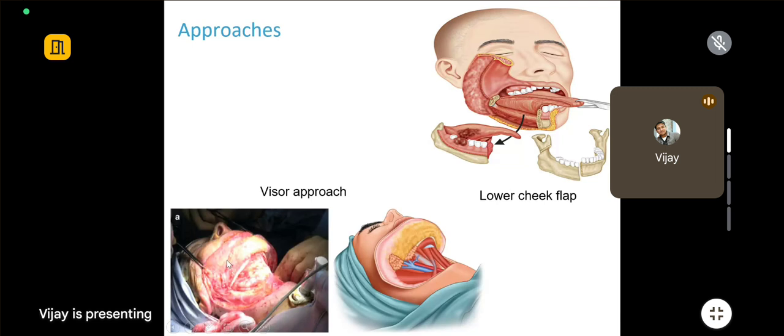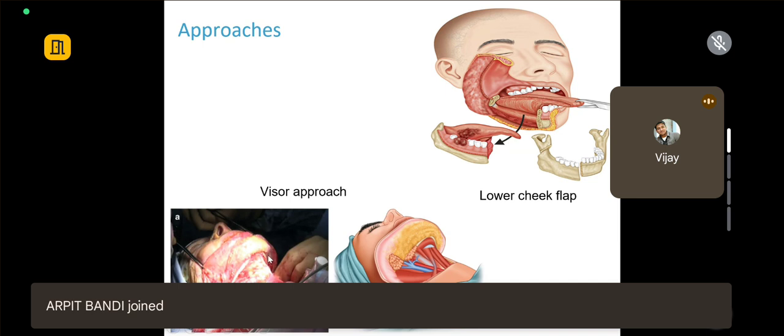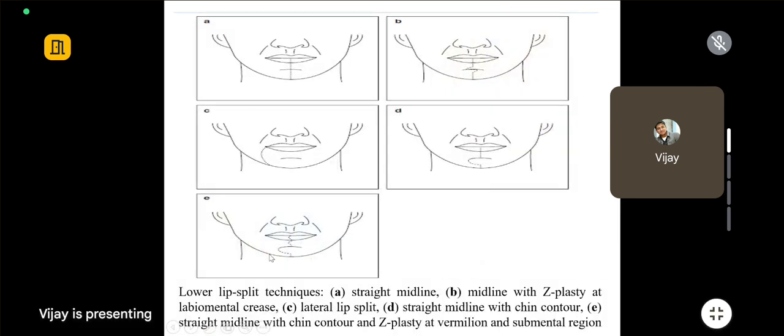Visor approach: the benefit is the mandible can be completely exposed from one side of the ramus to the other side of the ramus. We can use it when there is anterior segmental mandibulectomy, or large resections crossing the midline from one side of the body to the other side of the body or angle. Again, this diagram, a lower